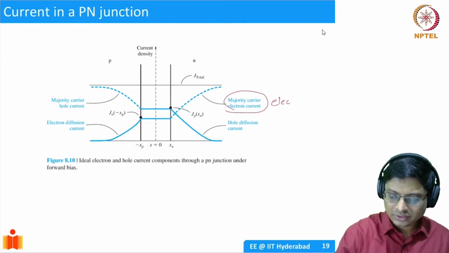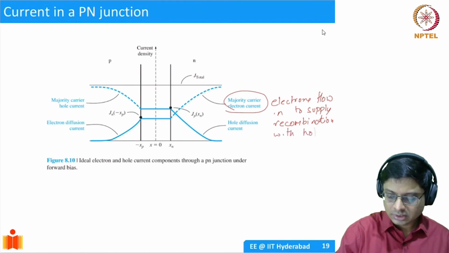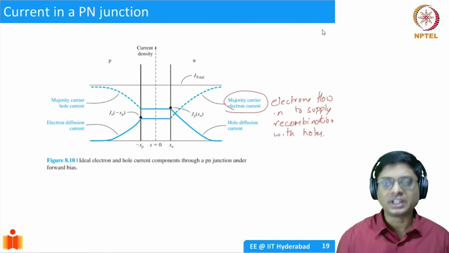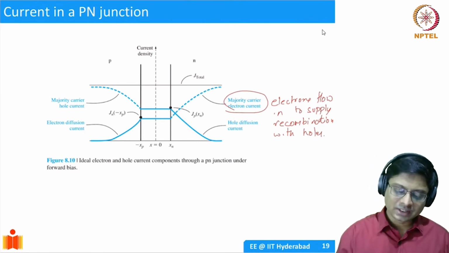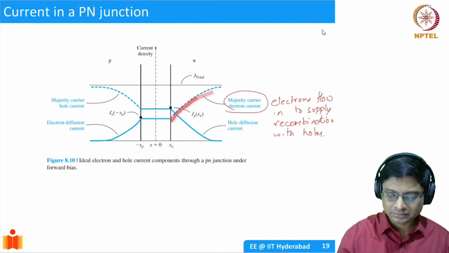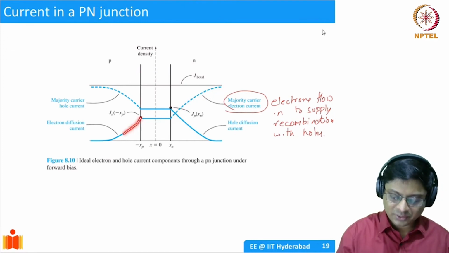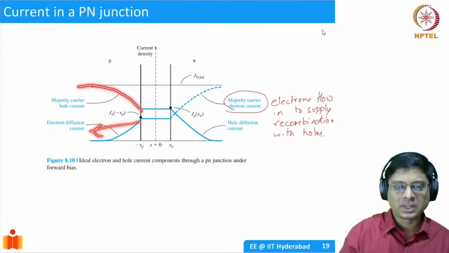Okay, electrons flow in to supply recombination with holes. Right. So the diffusion is providing only holes. Electrons have to come in. Electrons will come in from the N-type semiconductor, so the majority carriers. So as you go deeper into the semiconductor, you will see that the majority carrier current is picking up. Okay. And similarly, on the P side, at the junction you have the diffusion current, which is there. But as you go deeper into the P-type, the majority carrier holes will be supplied by the P-type semiconductor, so